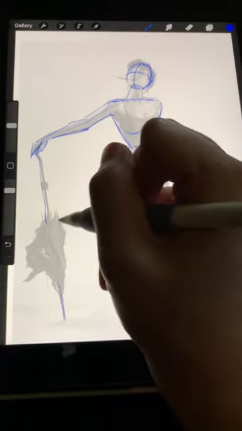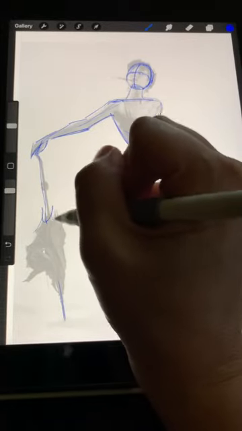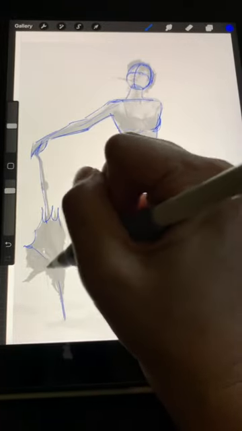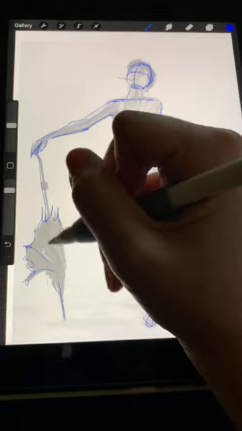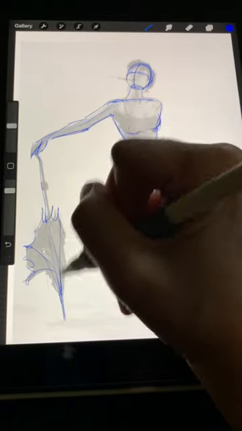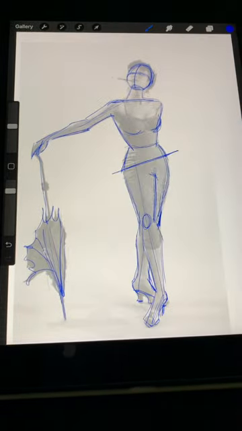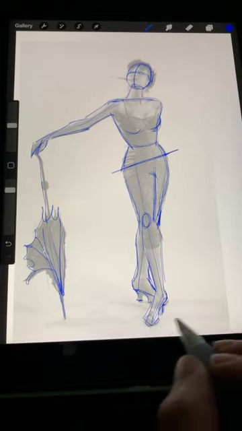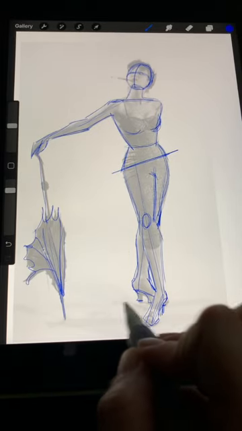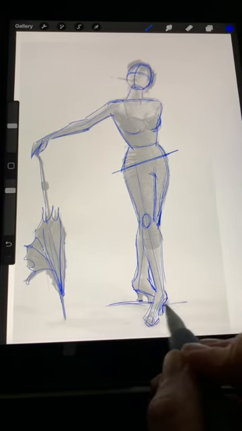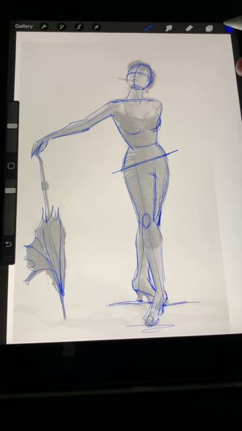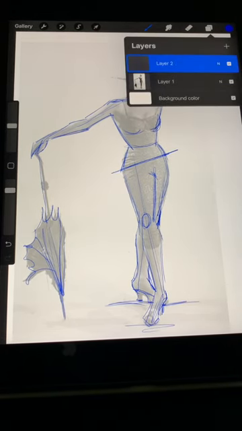We can, if you wanted to add this umbrella, you know, you can. It's kind of broken. Okay, so that's our figure drawing. And then what I can do is turn off layer 1. We can always turn it back on and kind of use it with the face. But to turn it off,